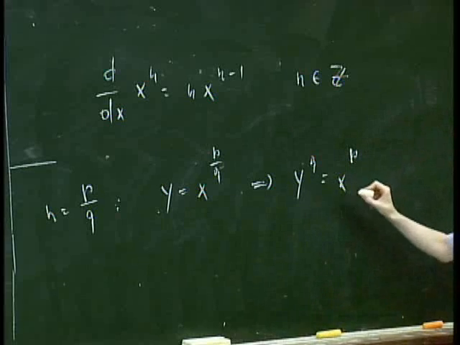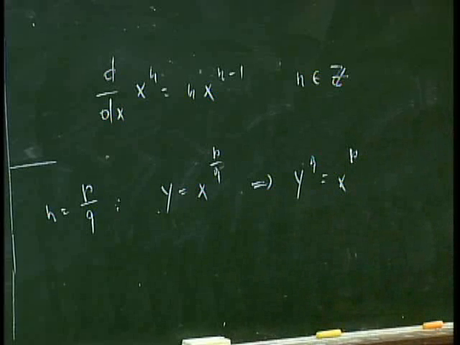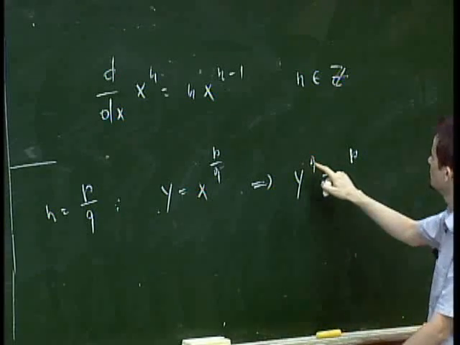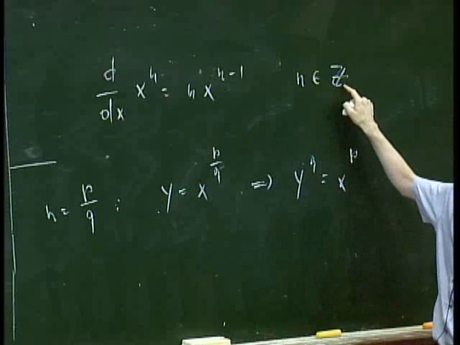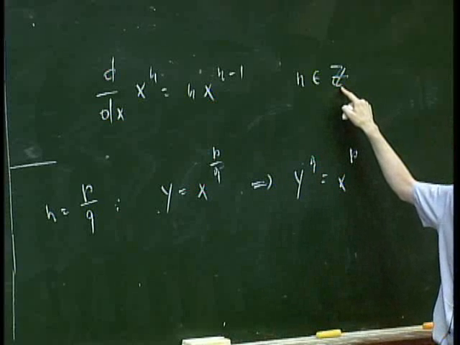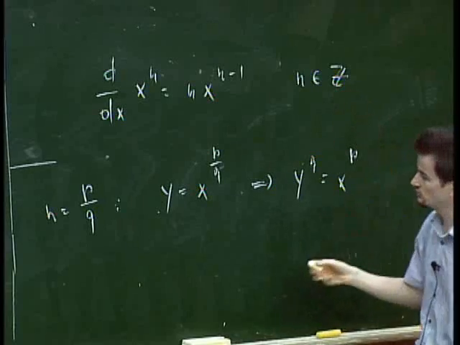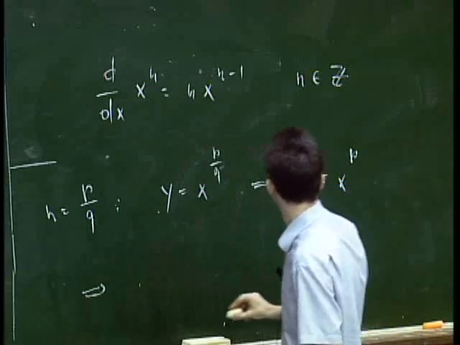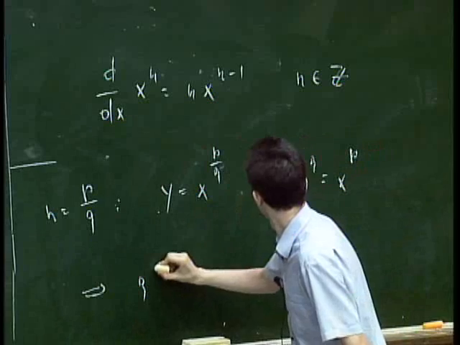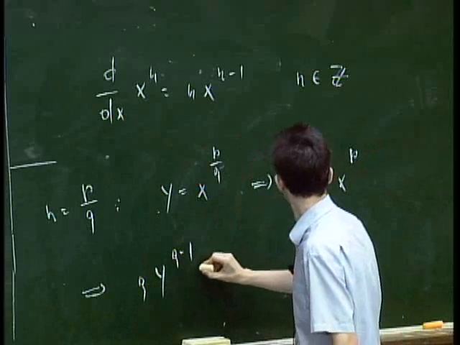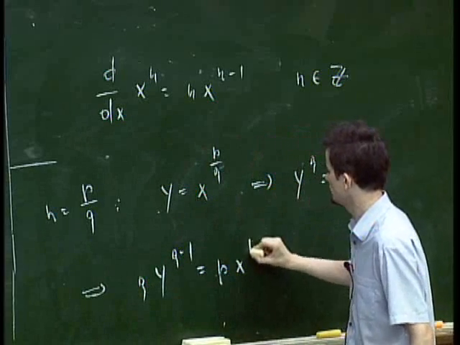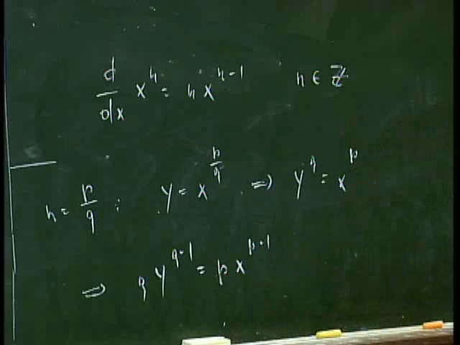And here you can use the method of implicit differentiation, because both q and p will be integers, and we have considered this case already. So you see that if we take derivatives on both sides, you have q y to the q minus 1